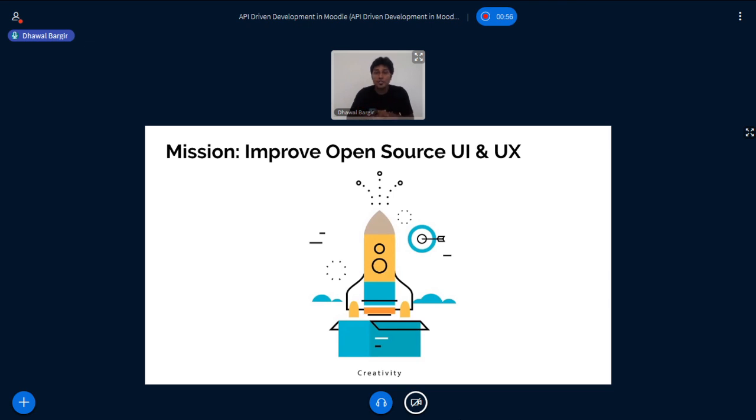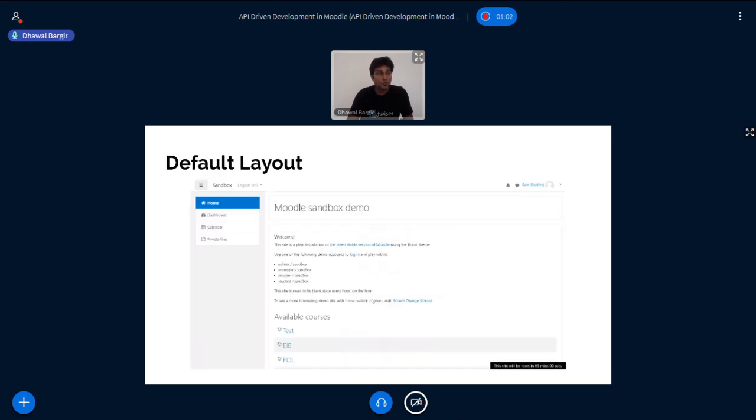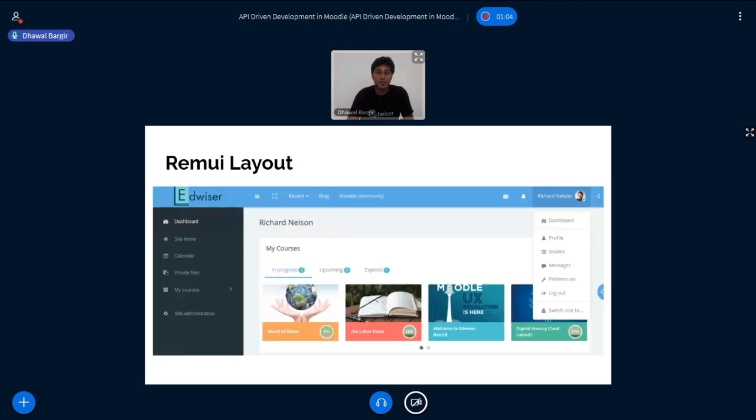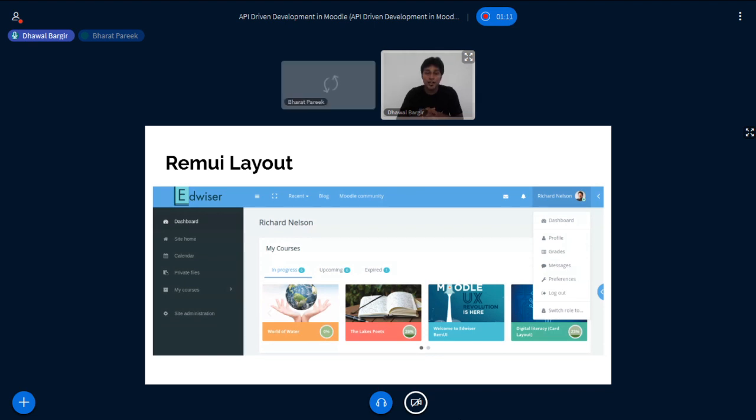With the same mission in mind, we created Advisor MUI, which has transformed the Moodle experience from this to this. Basically, the theme enhances the user experience and at the same time provides faster interactions and ease of access. Our goal has always been to make Moodle more contemporary, and we soon realized that this theme is just a part of it.